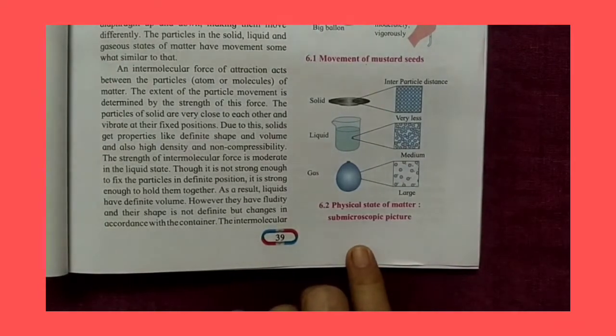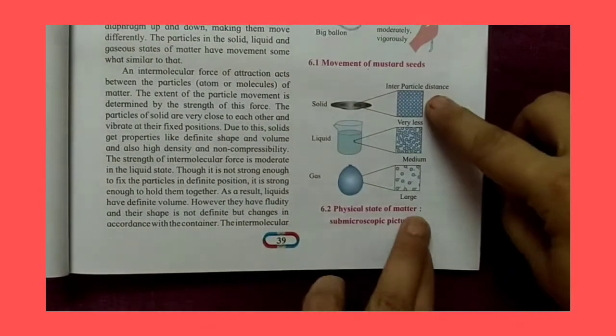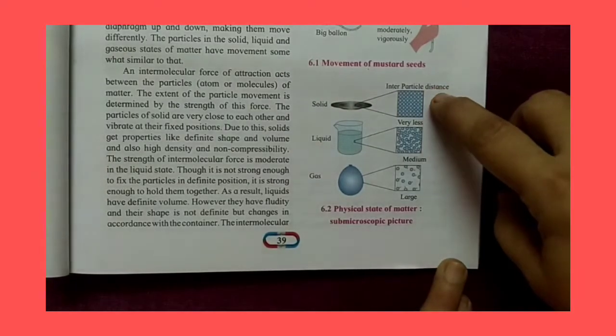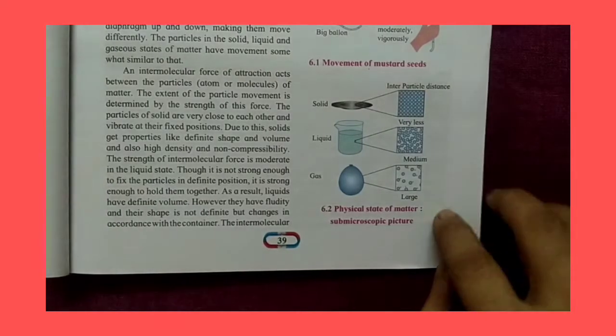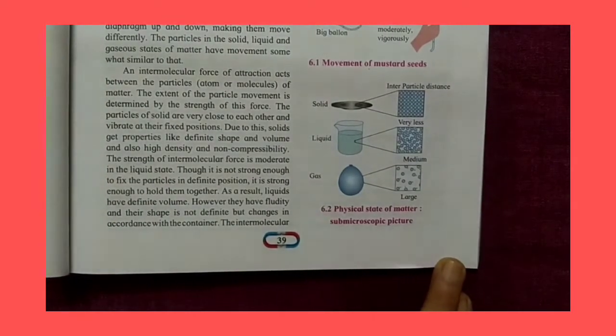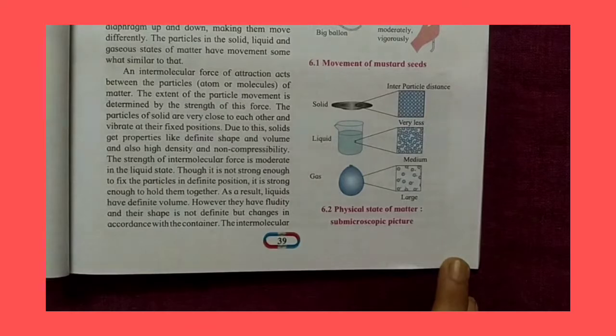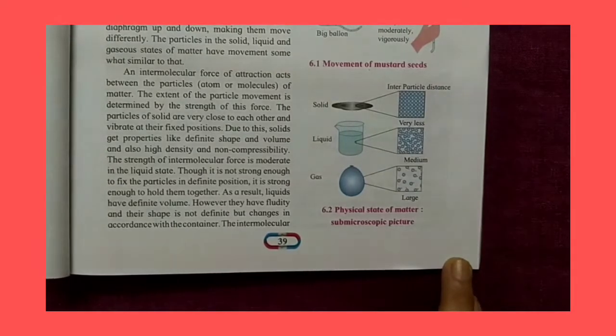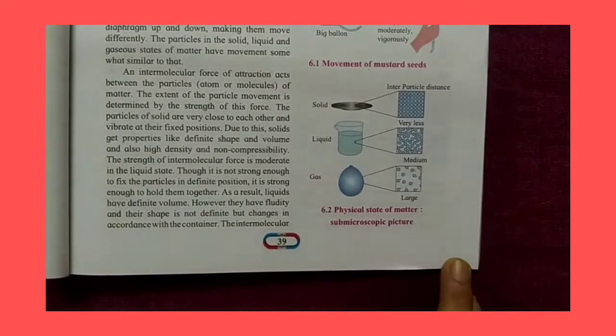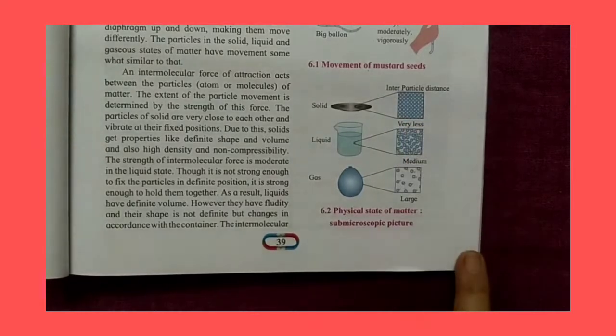So what you learned from here is that the interparticle distance in solids is very less, in liquids it is medium, and in gases the interparticle distance is very large. Now what is this particle? Suppose we take a nail, khila, that is made up of iron. Can it change its shape? It is fixed, because the interparticle distance is very less, so the particles cannot move, the nail will not